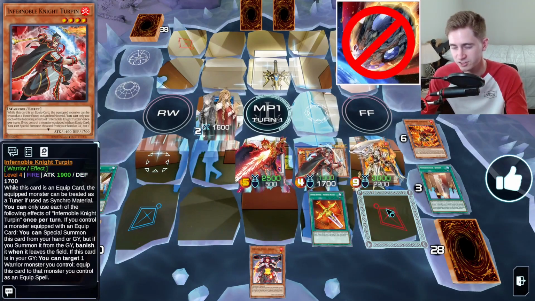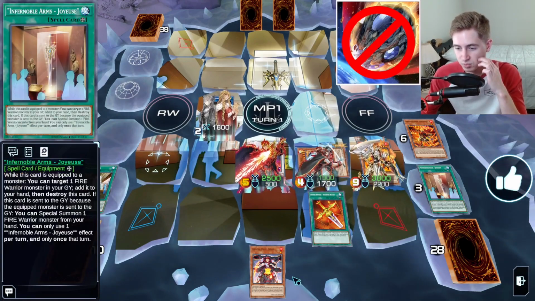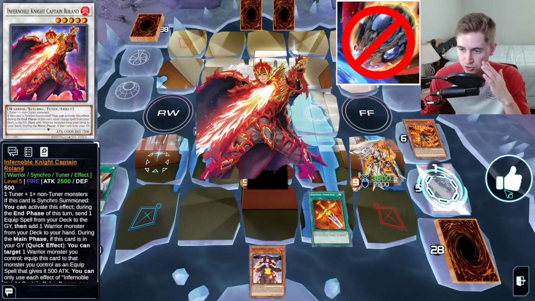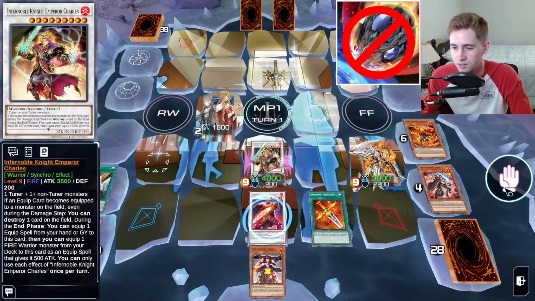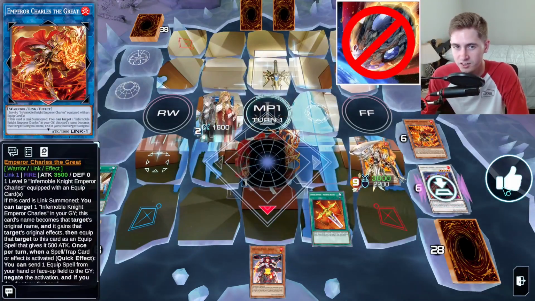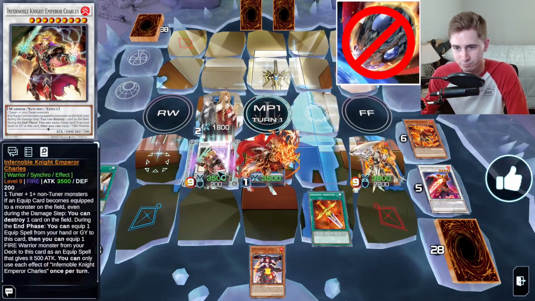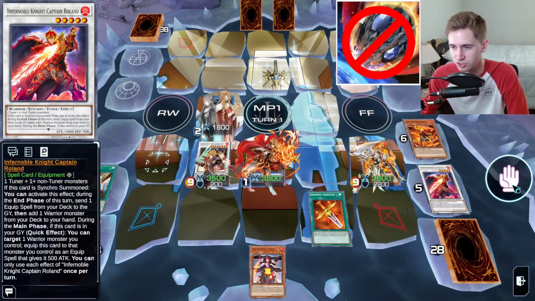So the purpose of this is just to get better follow-up on the following turn by having this in the grave. Plus the Renaud as well, that we search off of Isolde. So now we can go ahead, climb up our Synchro line into Charles the Great, equip this guy, use the effect of Charles to summon out,